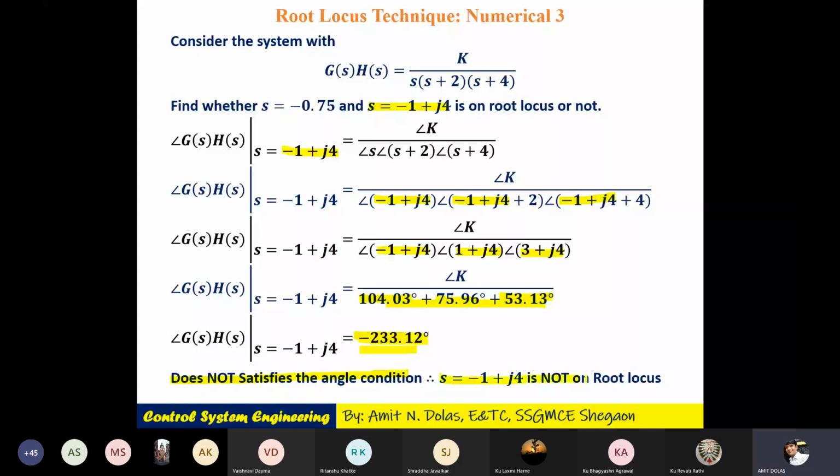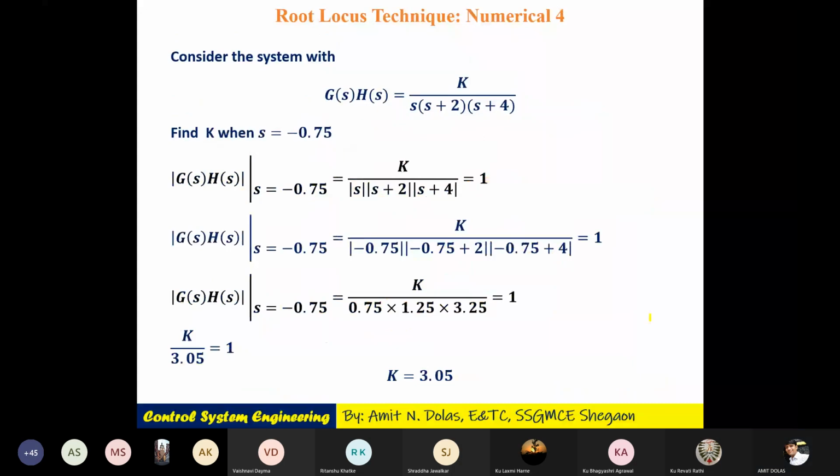Whatever construction rules we have learned till now, we will be using those rules. As I explained where those rules and equations came from, how the angle condition, the centroid, everything, we saw in detail. But while solving the problem, you need not go through those theories. Only those concepts and formulas are utilized here. Okay. Now the angle condition is done. Then, find the value of k at those points.